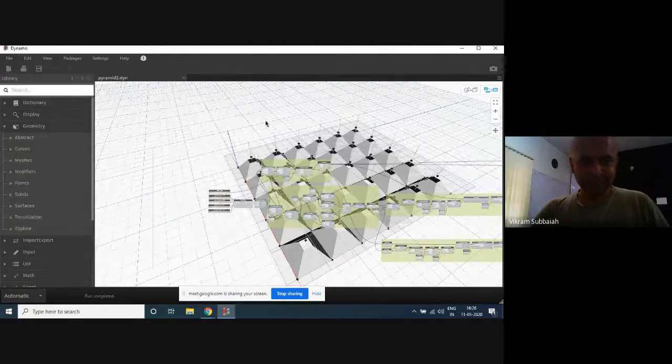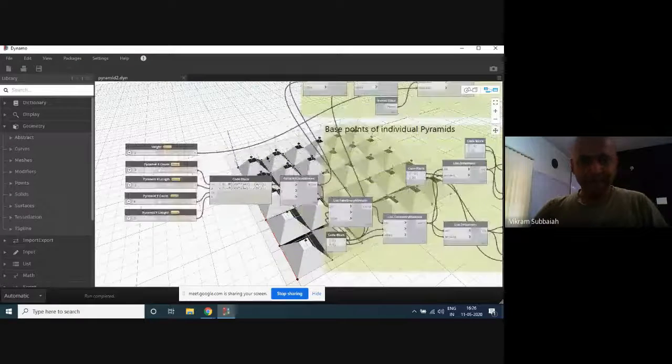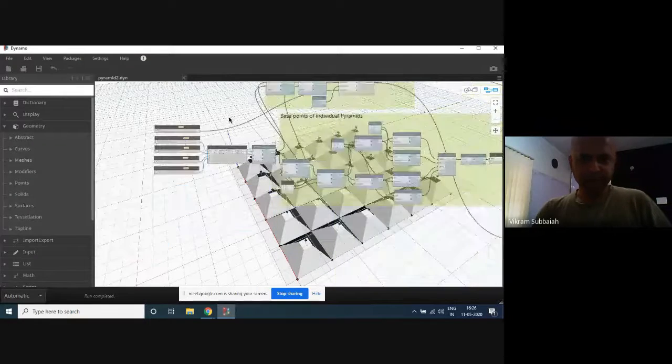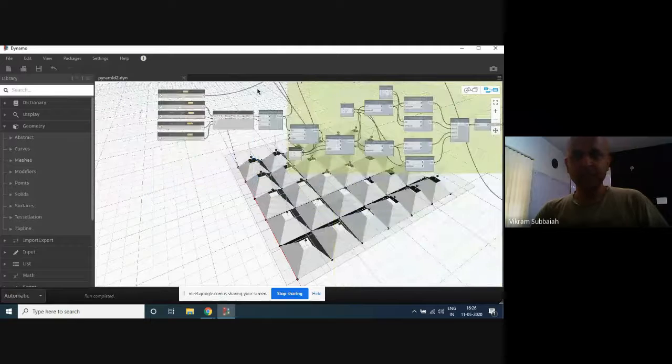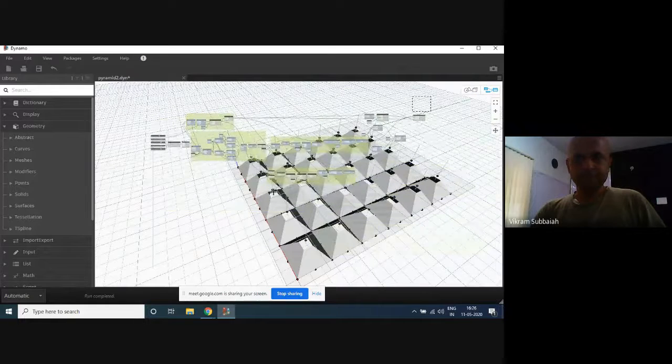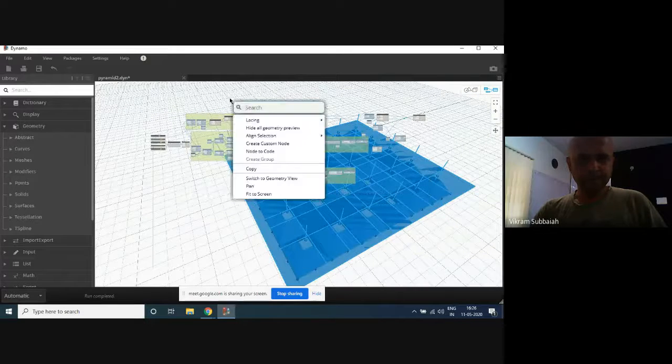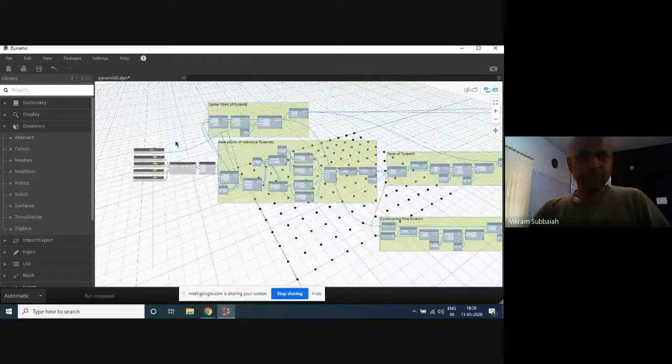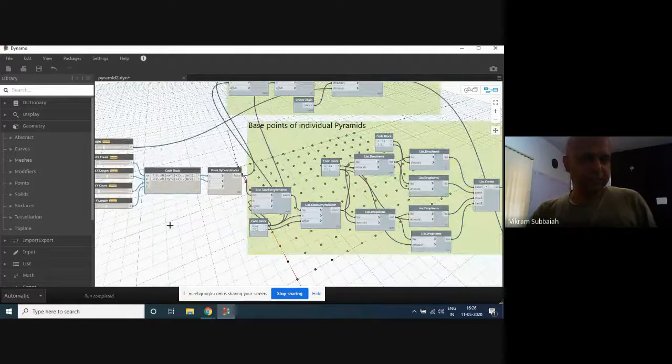I might still be able to salvage today's class. Now here, everything is based on these points, right? Everything here is based on these points.